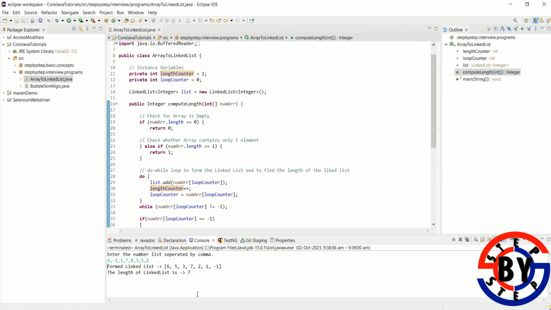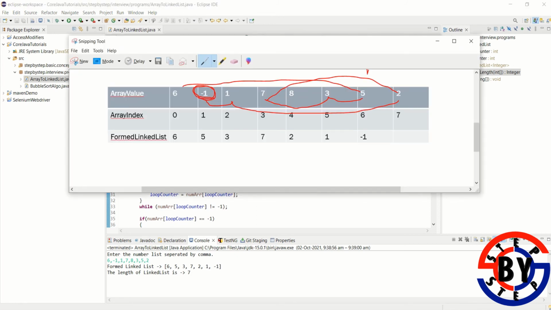Okay, so if someone enters a value, like instead of 7 someone enters 10, then this code is obviously going to break, because there is no 10 index in the array. But as we are forming the linked list, it is a prerequisite that the user input should be good.